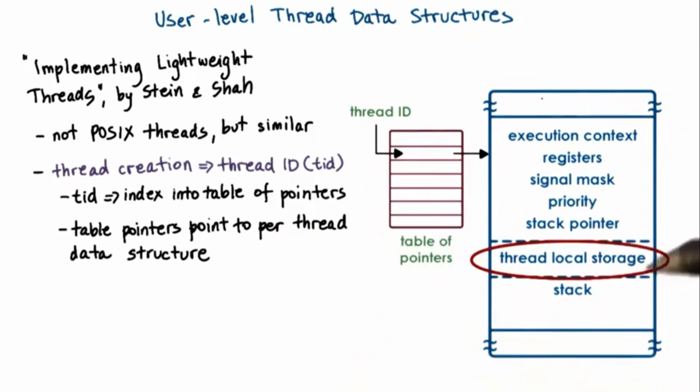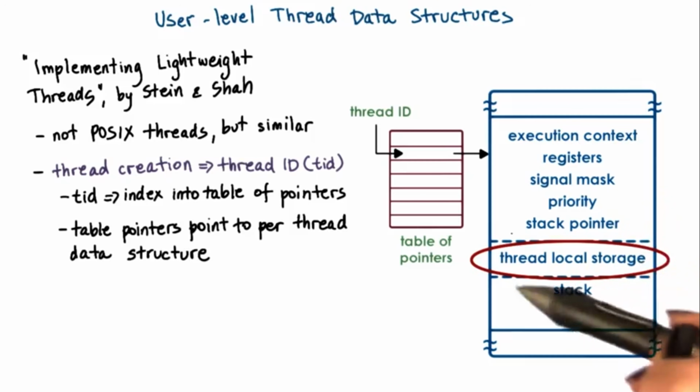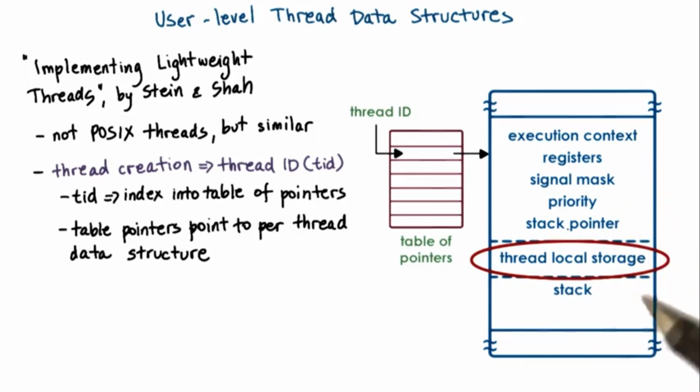The thread data structure, we said, contains a number of fields: registers, signal mask, priority. There's also the stack pointer, of course, that points to the stack. And then there is the thread local storage area. This includes the variables that are defined in the thread functions that are known at compile time, so the compiler can allocate private storage on a per-thread basis for